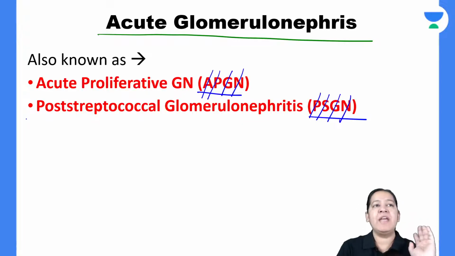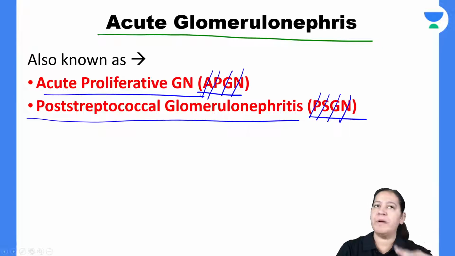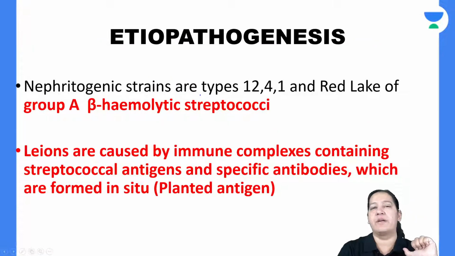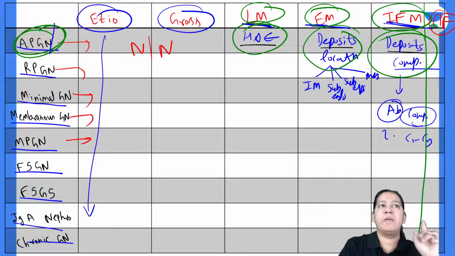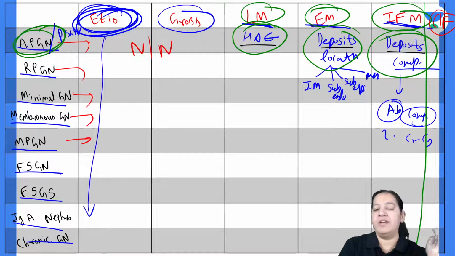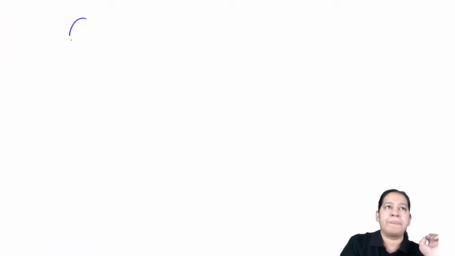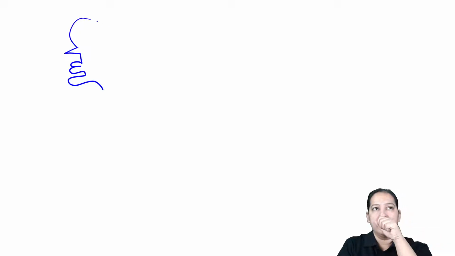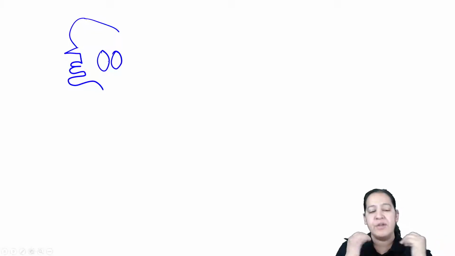You will understand the meaning of these names, why we are calling it so. Let me finish it. Let me tell you the etiopathogenesis, then you will understand the meaning of it. Okay, coming to etiopathogenesis, we have done the introduction. Write down 2 names, APGN and PSGN, one and the same thing. Write down the etiology, write down the etiopathogenesis. So let me draw the etiopathogenesis. Imagine a human being. You can see this is a human being. These are the tonsils or pharynx of the human being.